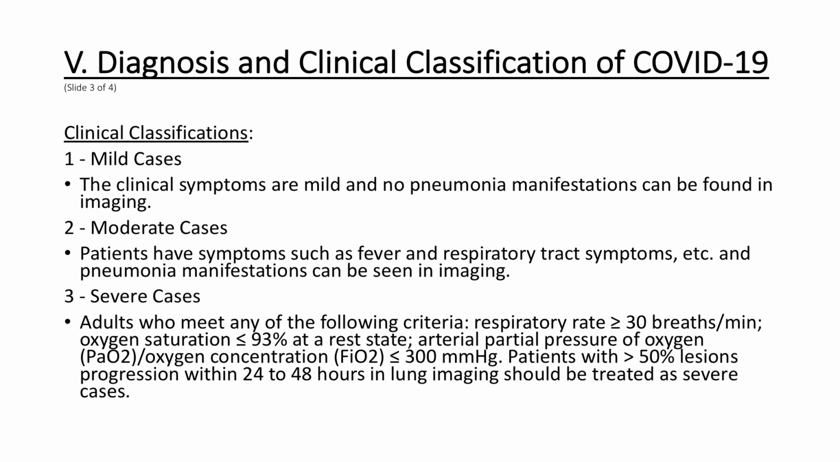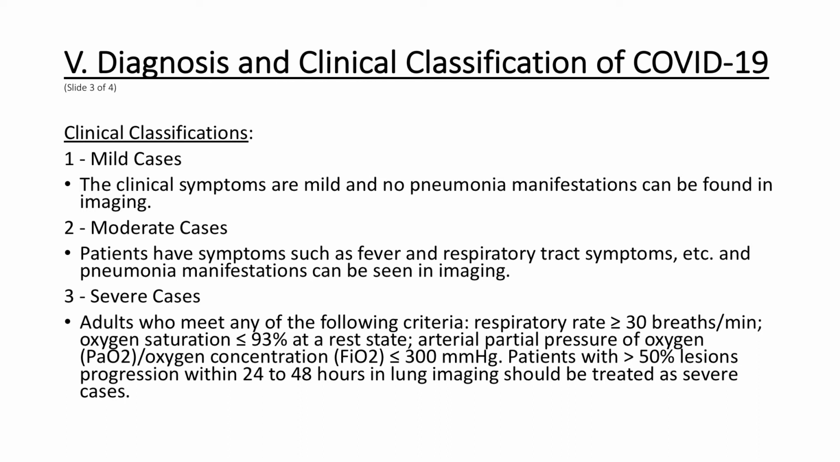So the clinical classification: 1, mild cases, the clinical symptoms are mild and no pneumonia manifestations can be found in imaging. 2, moderate cases, patients have symptoms such as fever and respiratory tract symptoms, etc., and pneumonia manifestations can be seen in imaging. 3, severe cases, adults who meet any of the following criteria: respiratory rate greater than or equal to